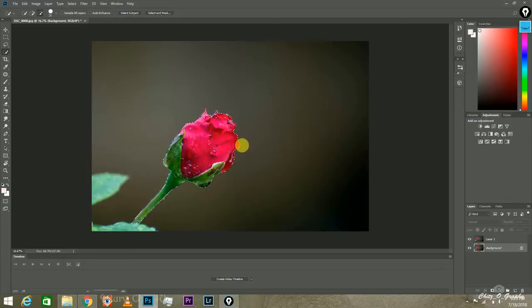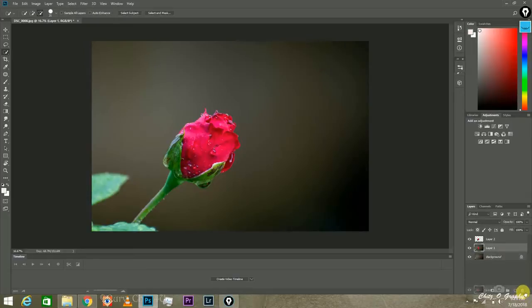This will take some time. After deleting this image, select layer 1 above the background layer, and then press Ctrl J to copy the selected area.